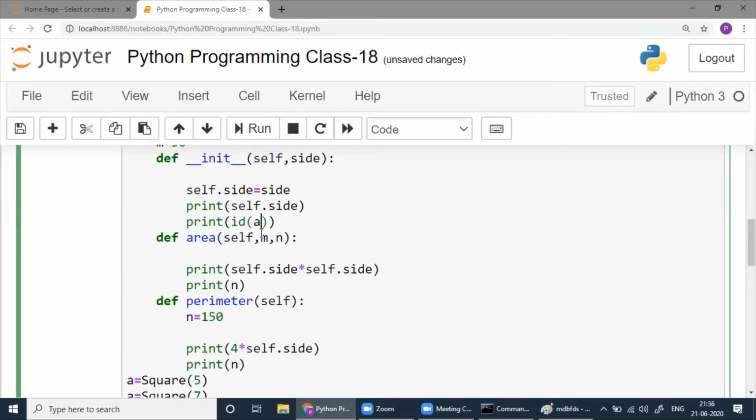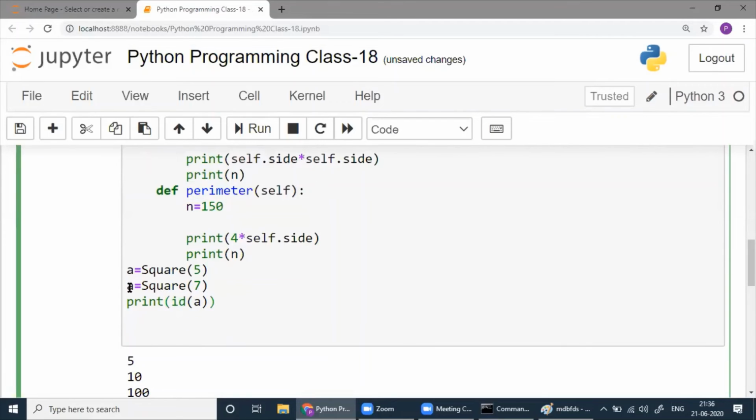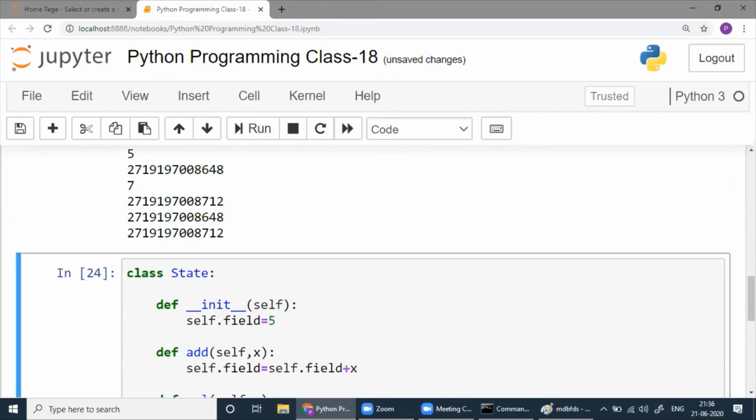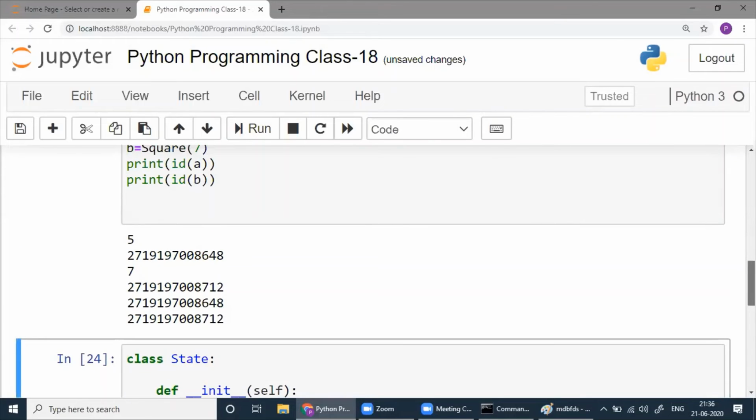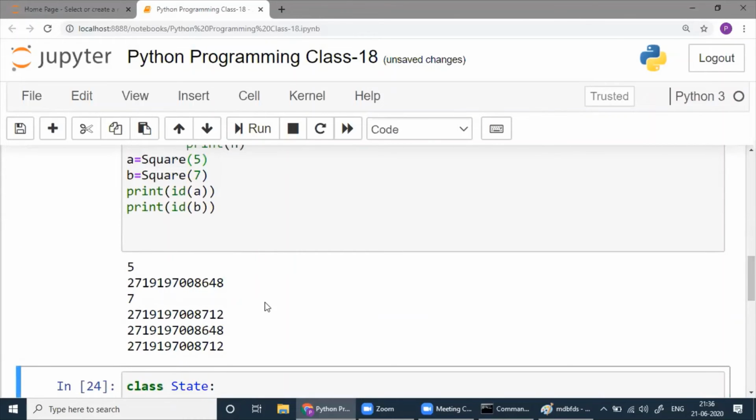So you see this one here, B square 7, ID of A, ID of B. See which one it's matching.